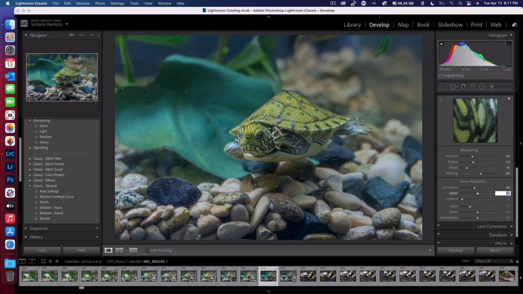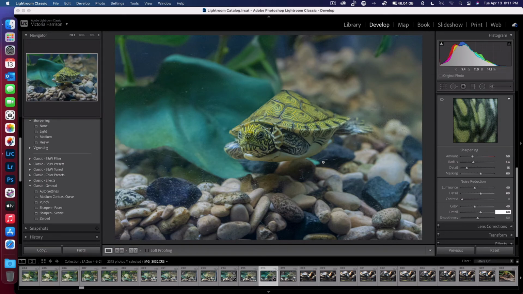Detail, I'm going to actually up it to 60. Color noise, we're going to bump that up to 40 as well. And I do play around with these numbers. It's not always set. Usually my go-to is 35 as a sweet spot. But since we're working with something that we didn't have a CPL filter on, and this was my lens,